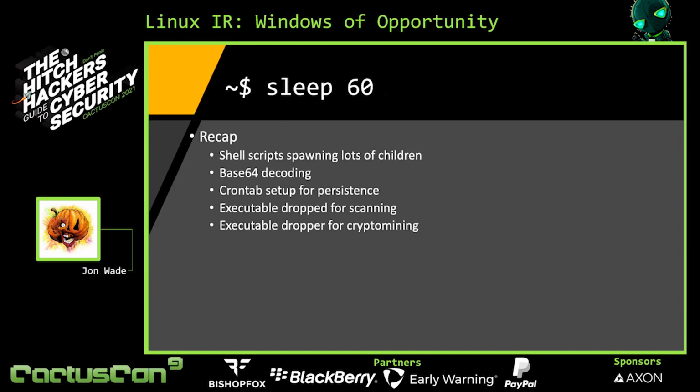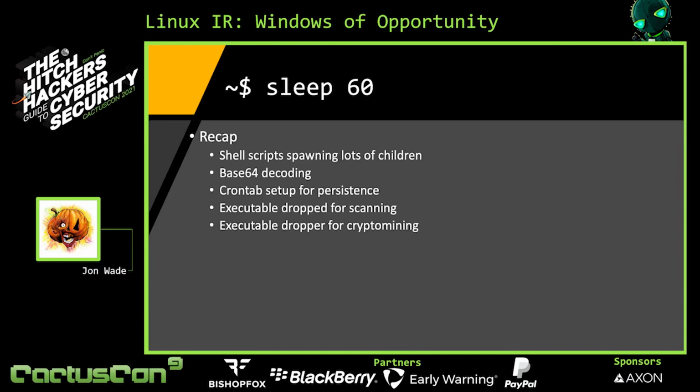Who? We've got a Jenkins user. We've got that Jenkins 01 host name. What did we observe? We observed the initial suspicious executable, a handful of shell scripts, a cron tab configured, two uniquely named executables, scanning activity, and crypto mining activity. When? The timestamps from one of our logging sources show the first alert started at 17:24. We actually continued to get alerts for another six minutes. Had we allowed this to run even longer, once that cron tab hit, it would have all started right back up again.